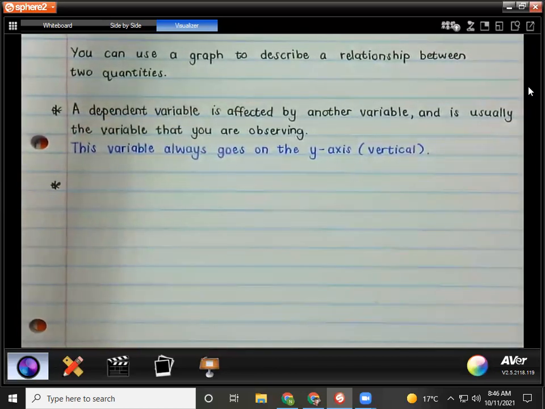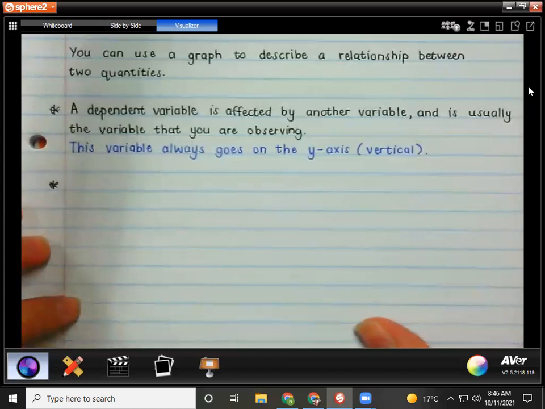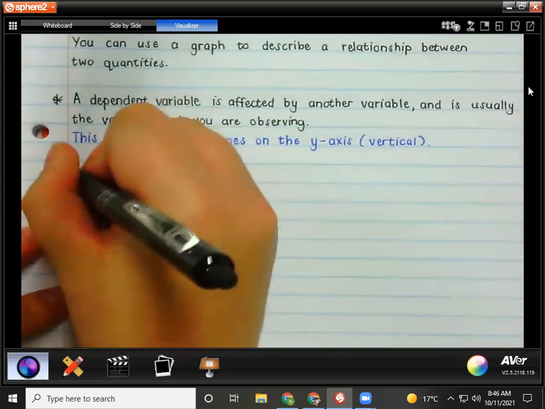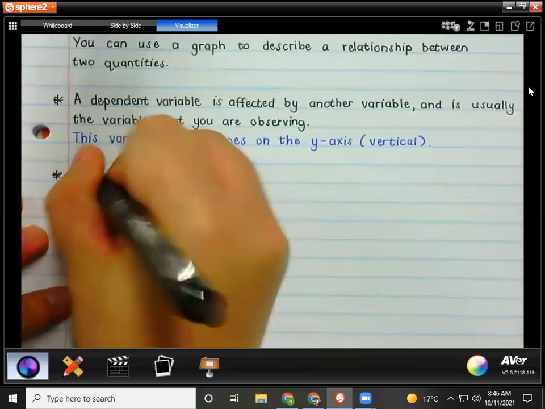Yes. The independent variable will be the time you leave it to stand, and the dependent variable will be the temperature. Yes. Yeah, because the temperature changes based on how long you are leaving it to stand. Yes. Okay, so now it might make more sense when we write down the definition of the independent variable. So an independent variable